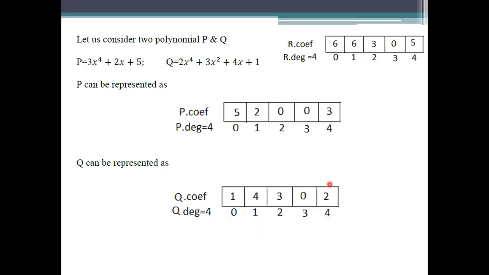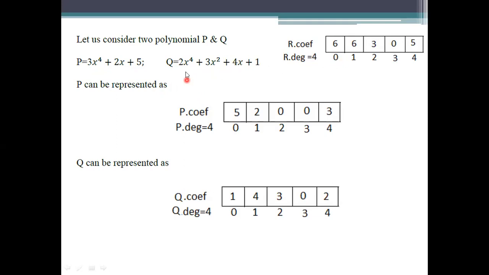Coming to an example, this is how it performs the addition. P and Q are considered, and R is taken as the value to store the added result. What is the degree of R? We take the maximum degree of P and Q. For the resultant, just take the highest degree, the maximum of P comma Q. Among these, whichever is the maximum will be considered as the degree of the resultant.